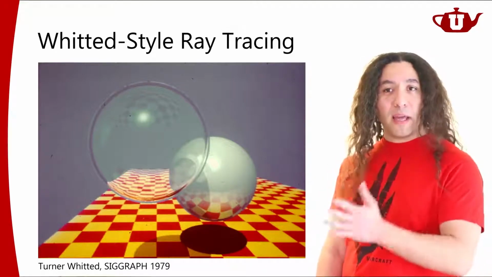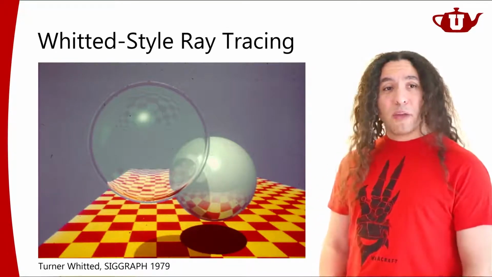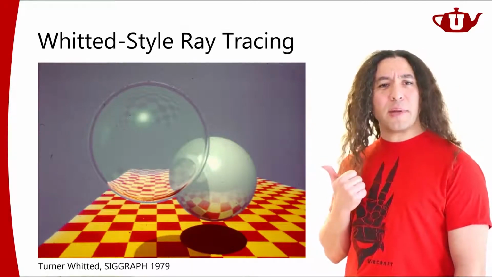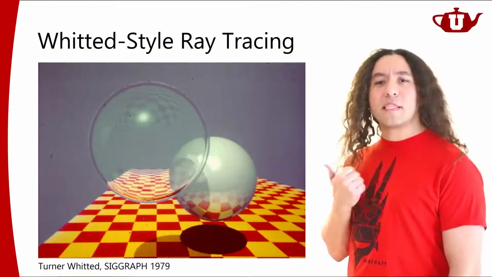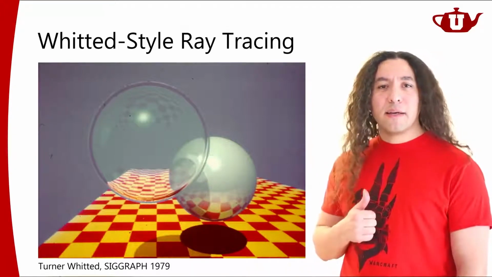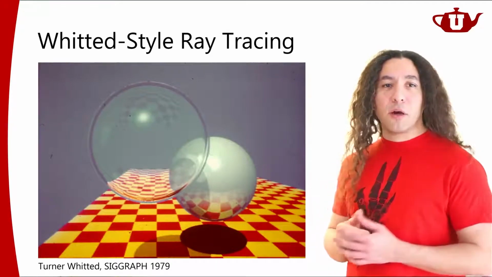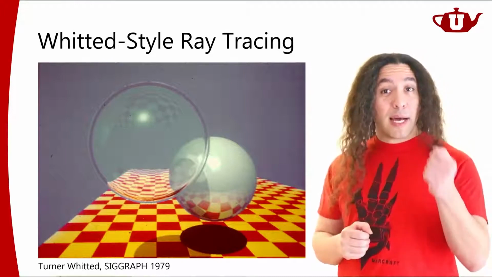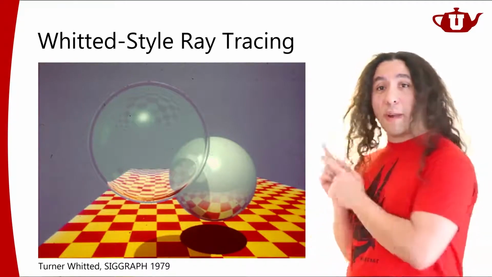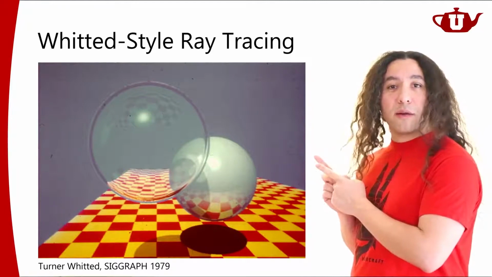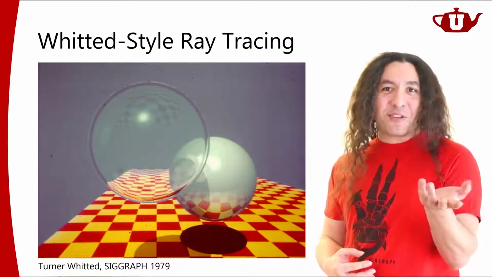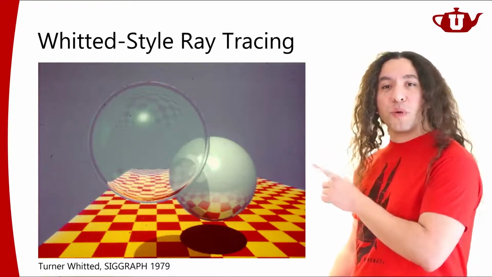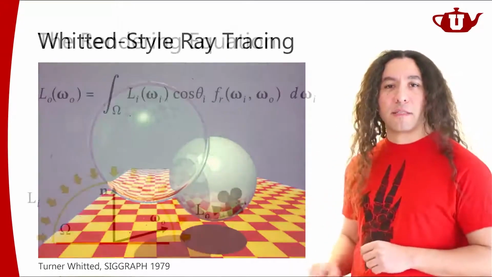And that is going to be hinged on sampling. But before we get there, I would like to talk about what it is that is actually happening in here. Now, when this work came out in 1979, we didn't have the rendering equation, right? So people didn't really explain this in the context of the rendering equation. But I would like to step back and talk about this in the context of the rendering equation, because the rendering equation is something that exists today and we understand it, and we talked about this in our previous lectures. So I would like to put this in the context of the rendering equation, right?